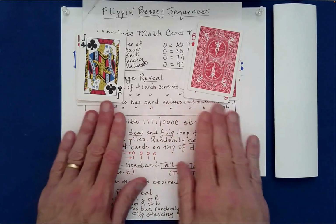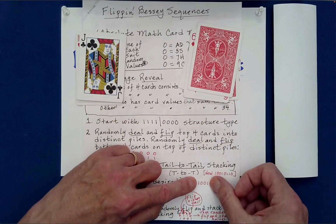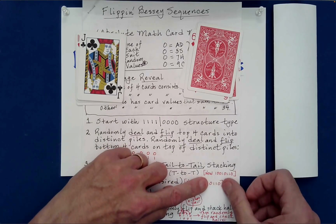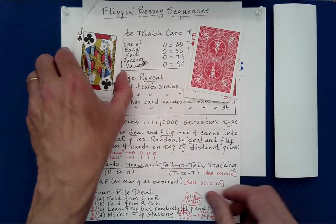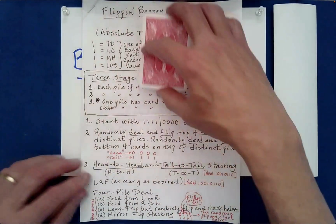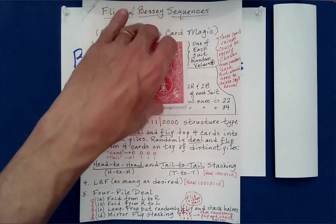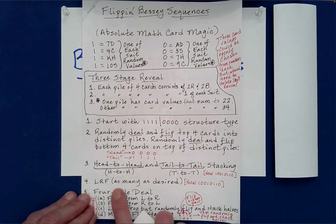Now these can be randomly stacked or flipped because look, 1, 0, 0, 1 is symmetric relative to packet reversal. 0, 1, 1, 0 is also symmetric relative to packet reversal. So these can be stacked and flipped in either order, and we haven't changed the fundamental fact that we're looking now at a Bessey sequence. Okay? So what we can do from this point, there's a whole bunch of things we can do, but the thing I did in the presentation is I did an